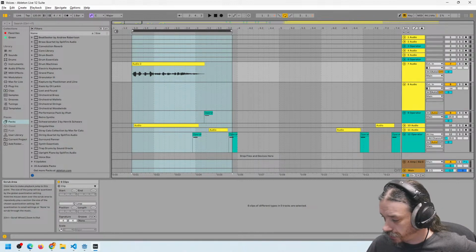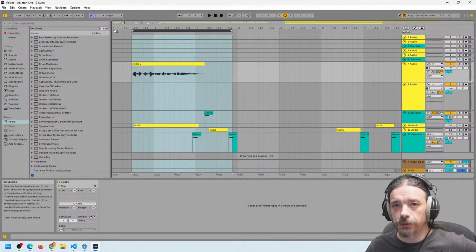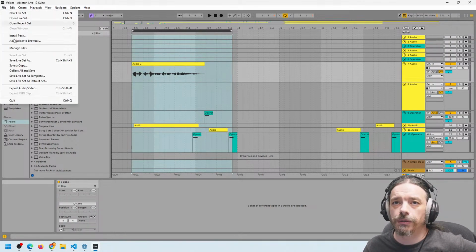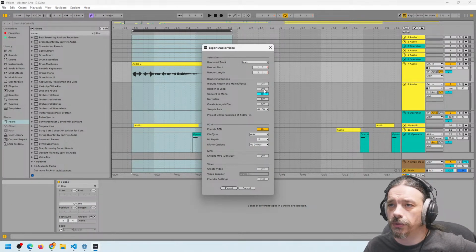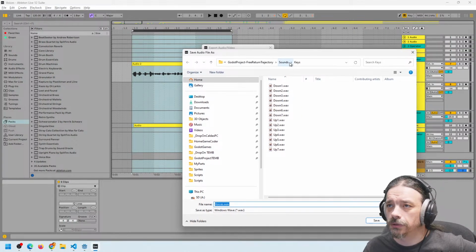Maybe I have some external drive not working properly. File, export this section, mono, wave, export, and this goes not to the sounds, voice. This will be